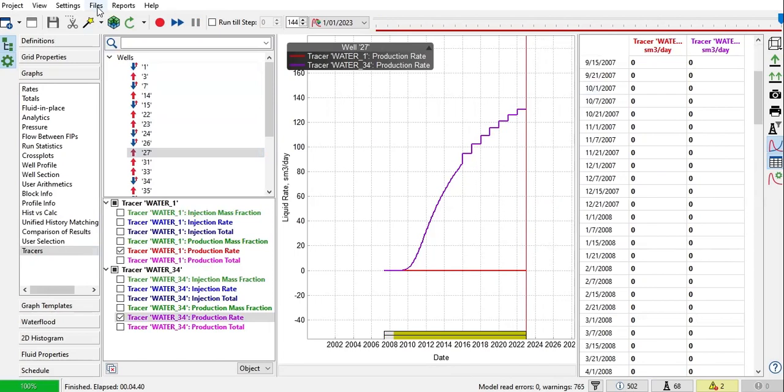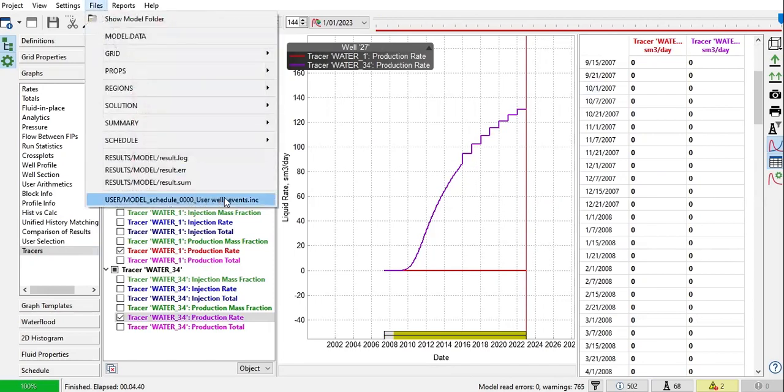And if you go to files, you can see now we have a user file. This user file is produced because we use the tracer in the graphical interface. So if you open this one,